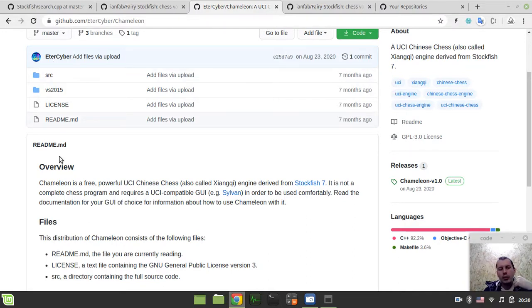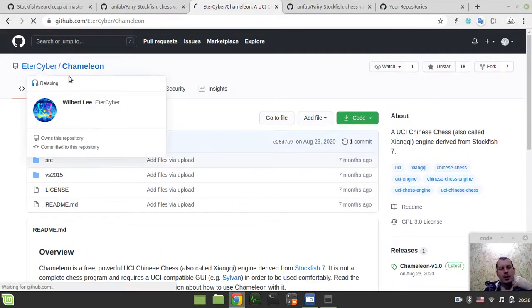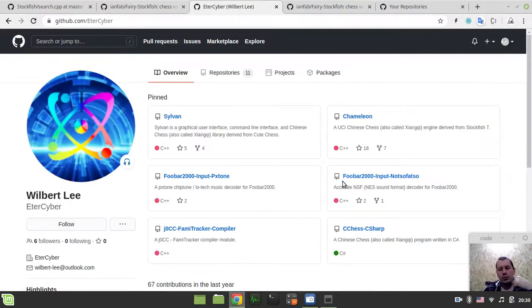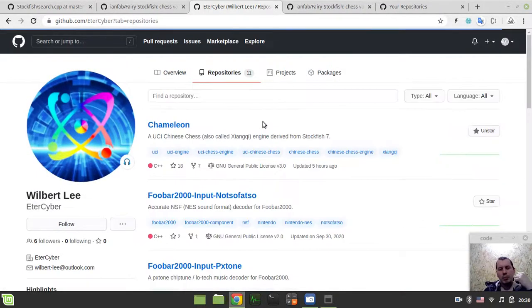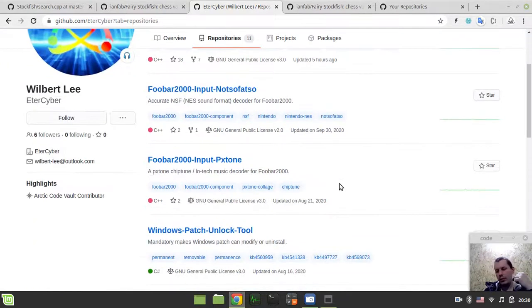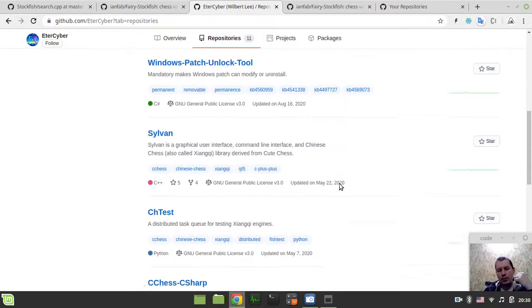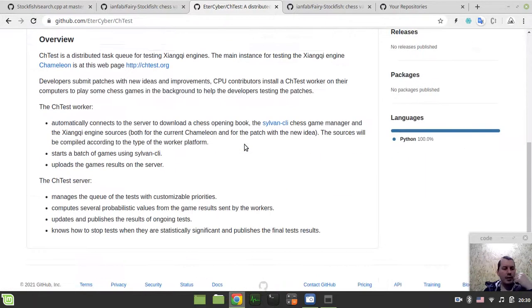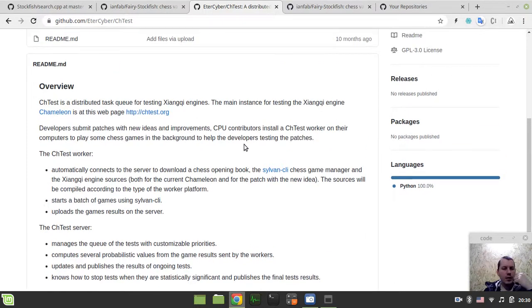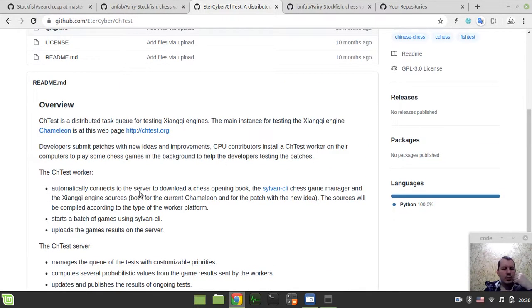And actually, Hao Li wants to do exactly the same thing, and he told me in the email that he did some similar thing for Chinese chess. But as far as you don't have money to deploy this... So this is it: a distributed task for testing the CNC engine. This should be derived from the original Stockfish's framework. So it automatically connects to the server, downloads, checks the opening book.